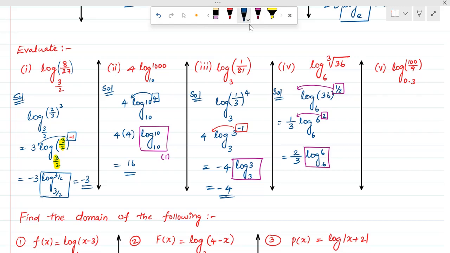Answer will be equal 1. So the answer is 2 over 3 into 1, which equals 2 over 3. 2 over 3. Now the next one, here we have log base